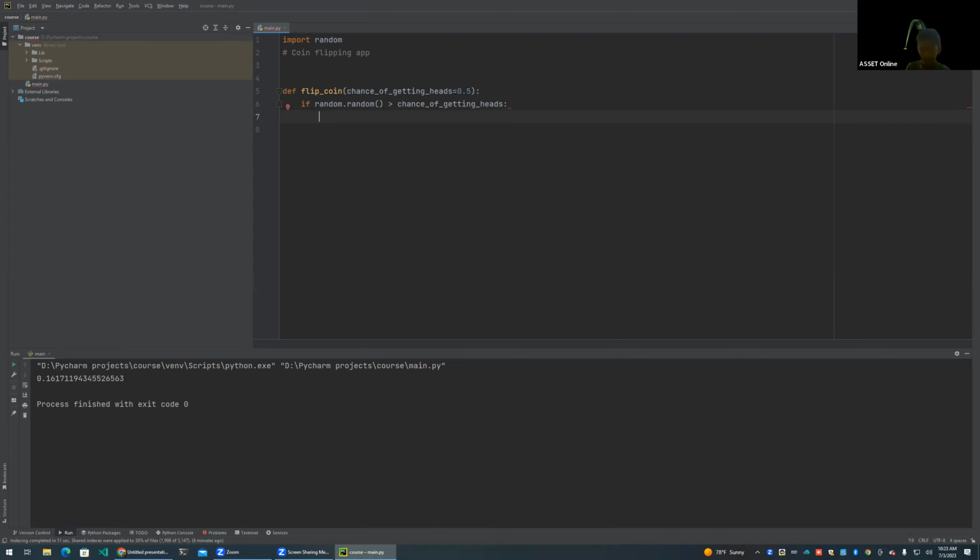Print heads. So what this does is random.random gets a random decimal number, and then we use this operation to check if it's greater than the chance of getting heads, which is also going to be a decimal. Then we want to print heads, and by default the chance of getting heads is 0.5, so we don't get any errors. And then else, it was less than, so we don't have to write an if again. So we just write print